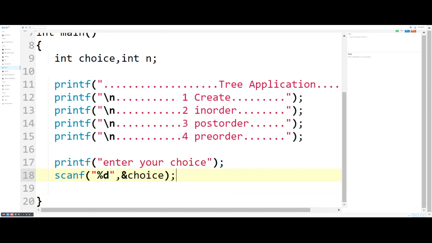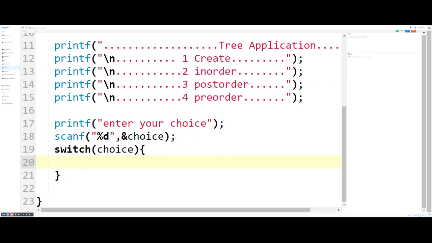After this we apply here a switch case, and in the switch case we simply put choice, and we apply here case 1.